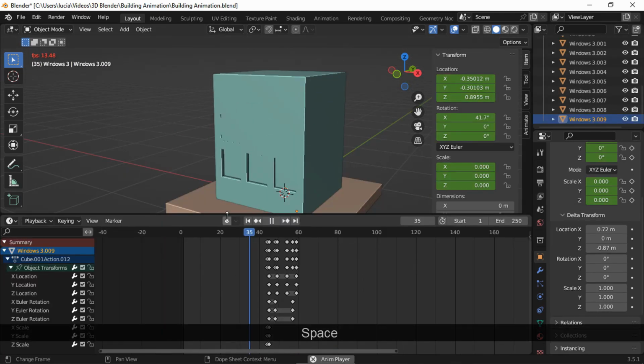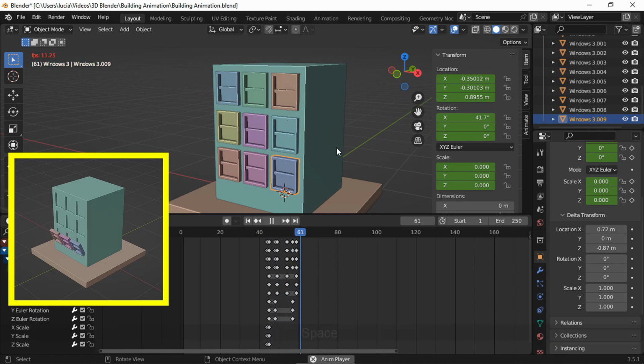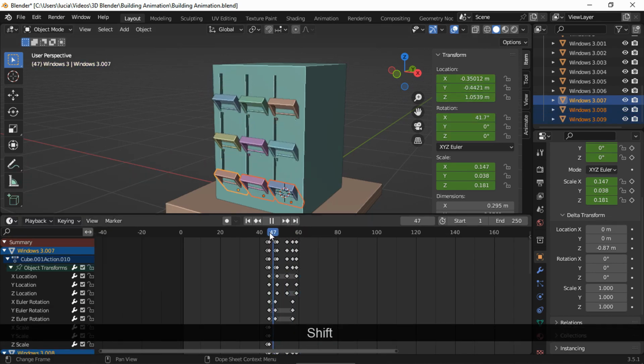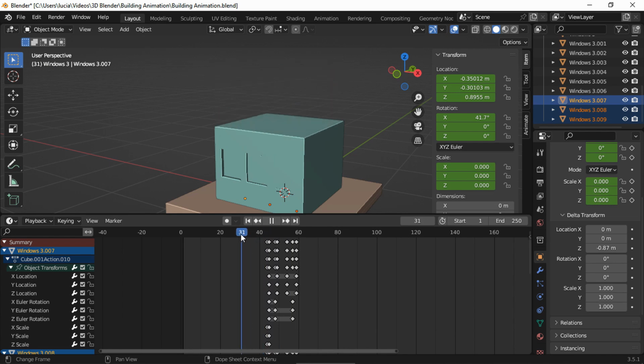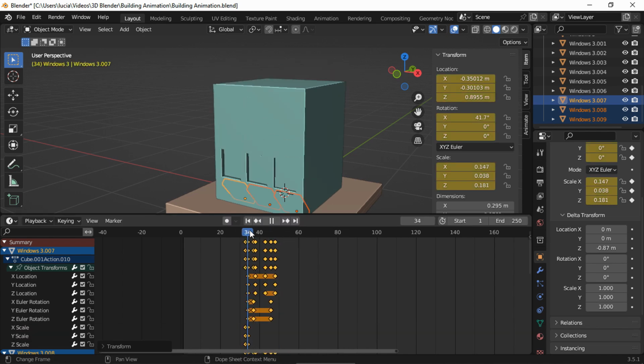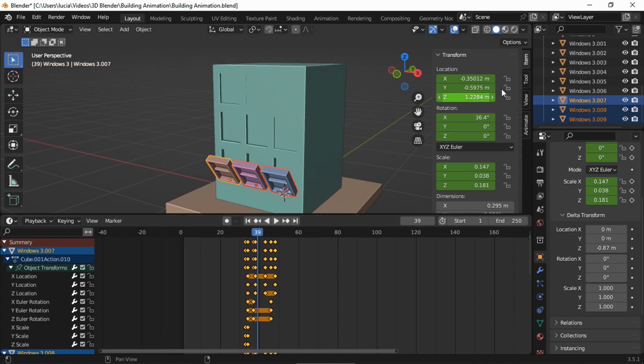Now we can move the keyframes of each row to create this kind of effect. Select the bottom row of windows and move their keyframes. And repeat the process.